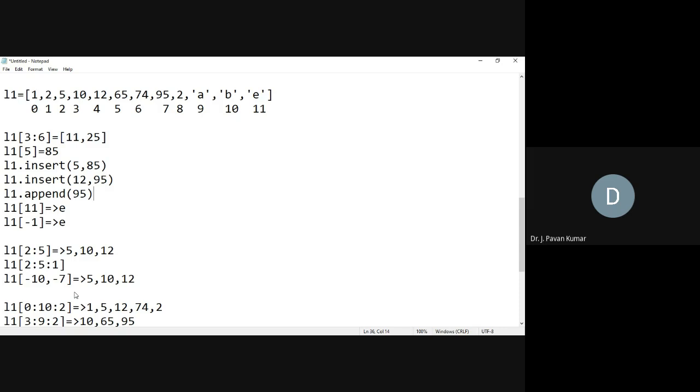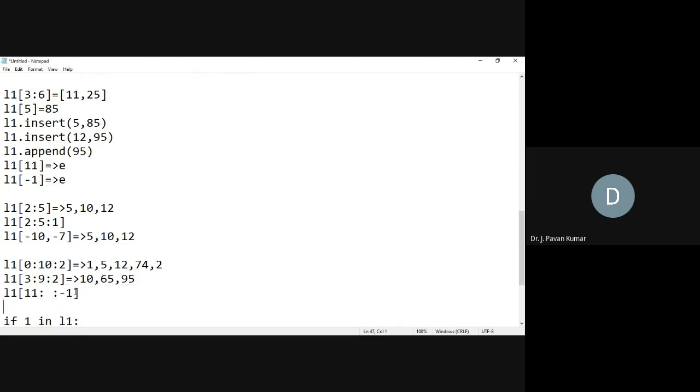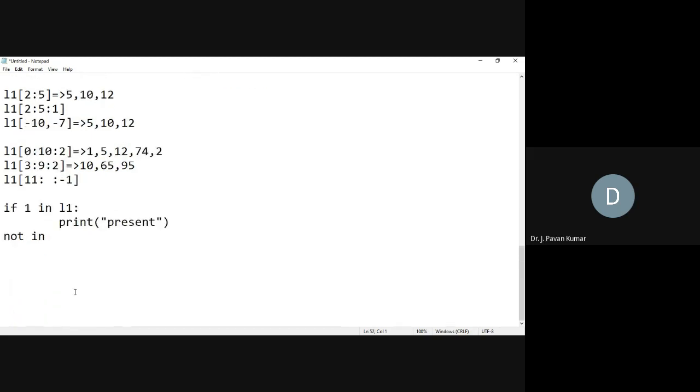Next, let us consider one last example before stopping. We want to print all the elements of the list.